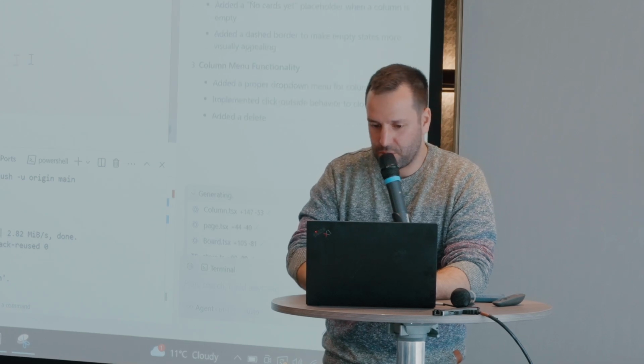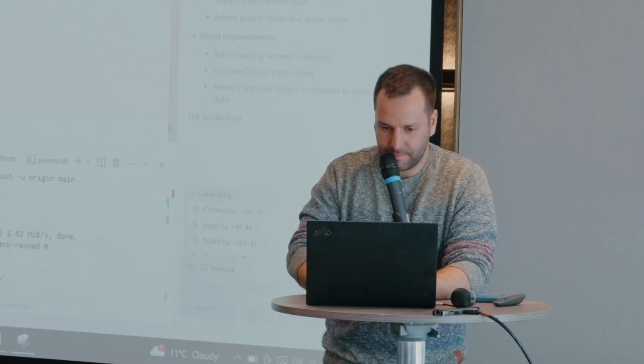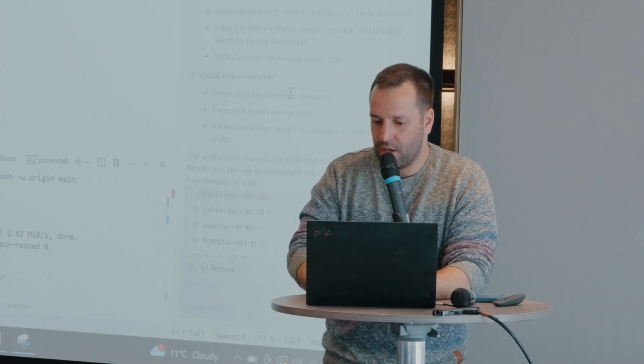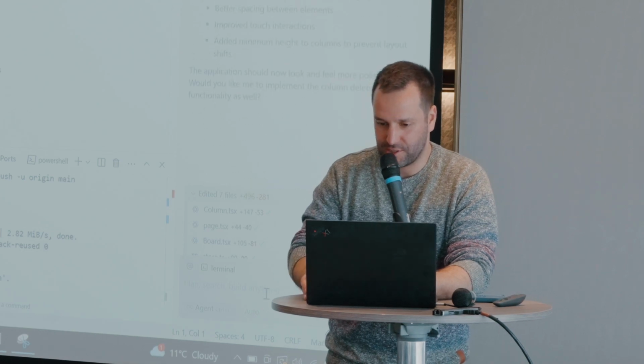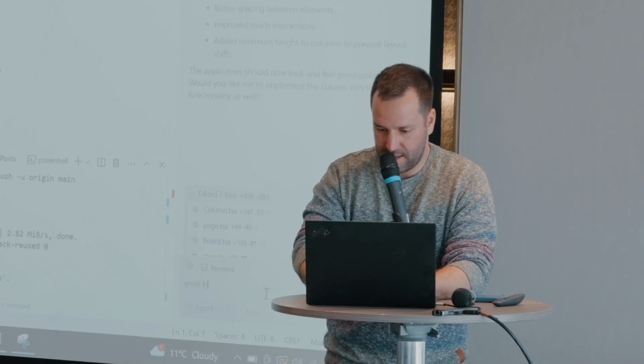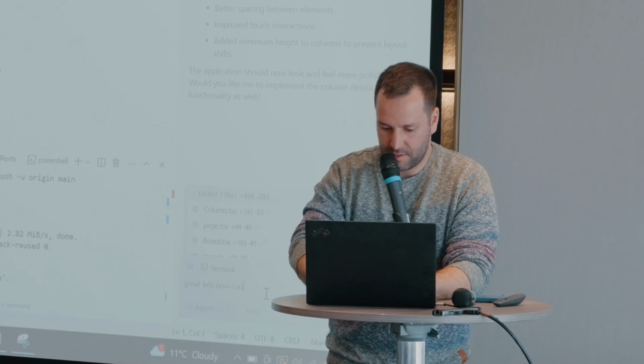I'll stop this server because it makes the whole program slower. And we don't need localhost anymore since the app is online and it's in production. Great. Let's now commit and push.